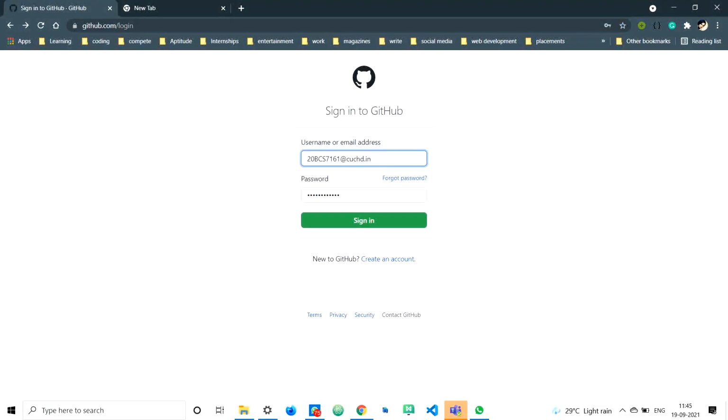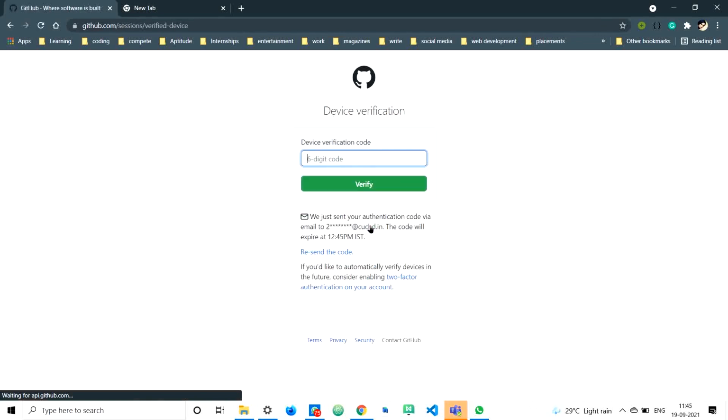We are here on the GitHub page now. It's better that you create your GitHub account using your official college mail ID. I'm going to sign in. You'll get a verification code, and I'm going to enter it.